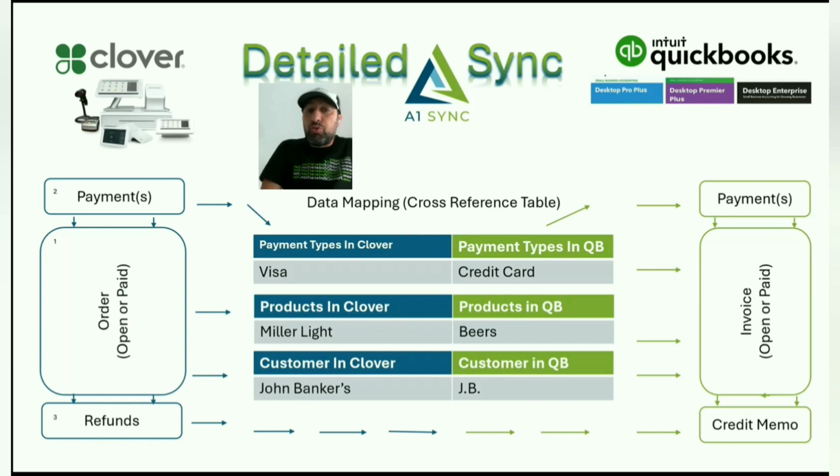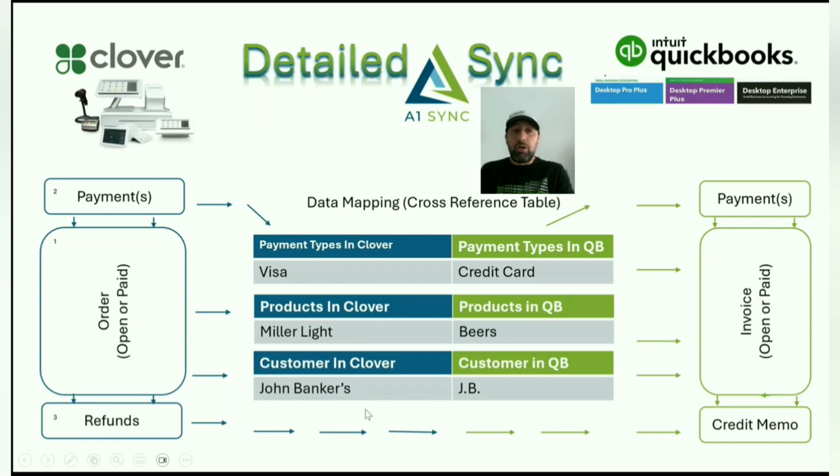So what we want to do with the open order is to generate an invoice in QuickBooks, right? Now, the order has a couple of things in it, right? So it has products, here they are, and it has customer information. It could or it doesn't. So let's pretend that in this use case, it actually has customer information, the order. And you know how in Clover you can assign customers to order, so nothing that I'm talking about here is out of extraordinary. So far we have an order that has some products, and we have a customer that is assigned to that order. And even for more simplicity, let's say that this product is Miller Lite and the customer